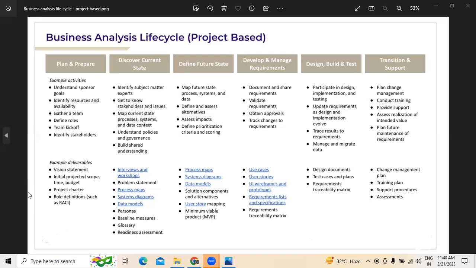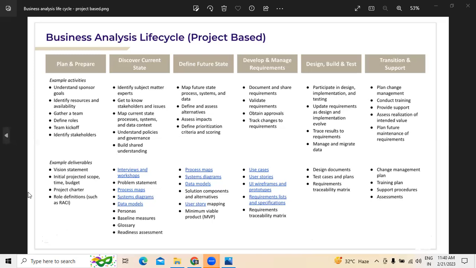Apart from that, we must know what the different wireframes and mockups to be prepared are, because some sort of prototyping is essentially needed. Followed by this, we need to list out the requirements as well as the specifications here. So these are the developing and managing requirements which we need to understand. So once we have developed and managed the requirements, that has to be designed, wherein we need to participate